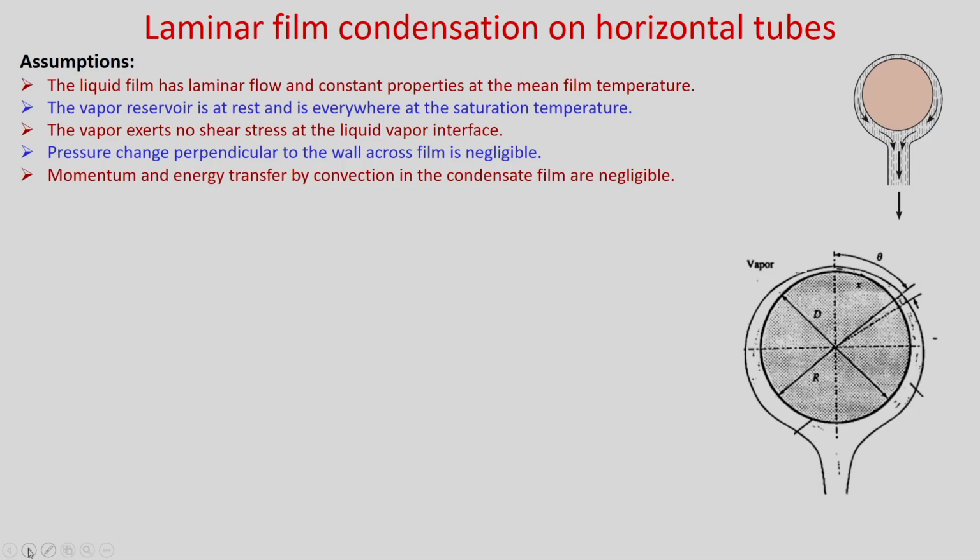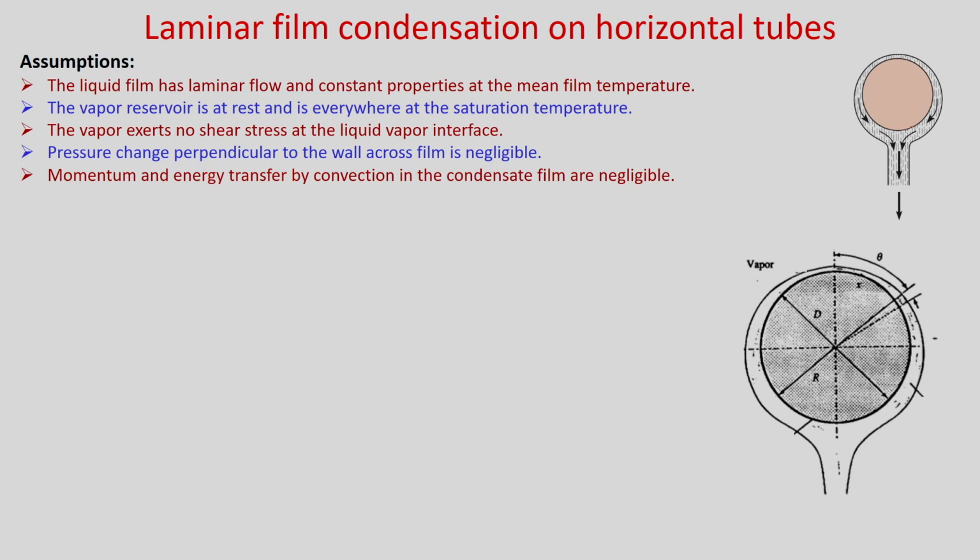First we will consider only a single horizontal tube, and similar to the earlier analysis we did for film condensation on a vertical plate, we will use it here and find the Nusselt number. If you consider a single horizontal tube, and the surface temperature is Tw and the vapor temperature is Tsat, with Tw less than Tsat, the condensation will take place on the surface of the tube, and the film due to gravity will travel in the downward direction.